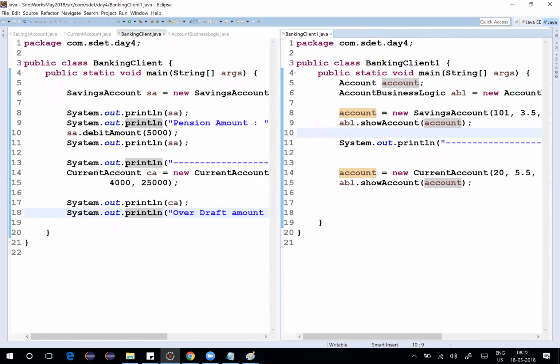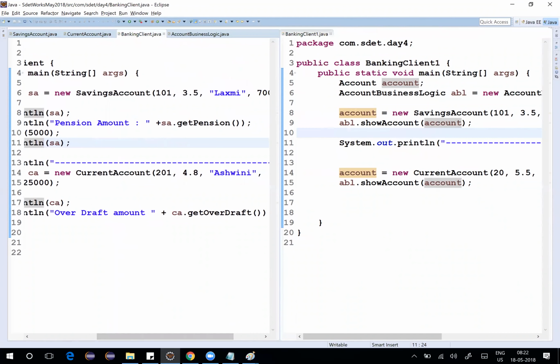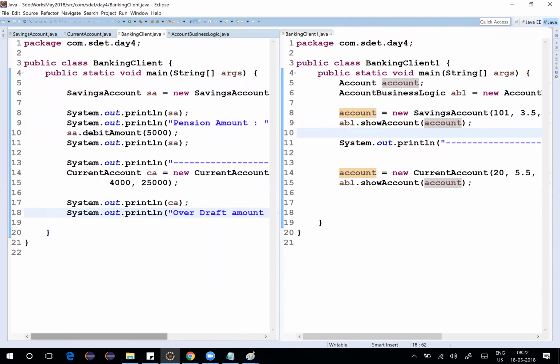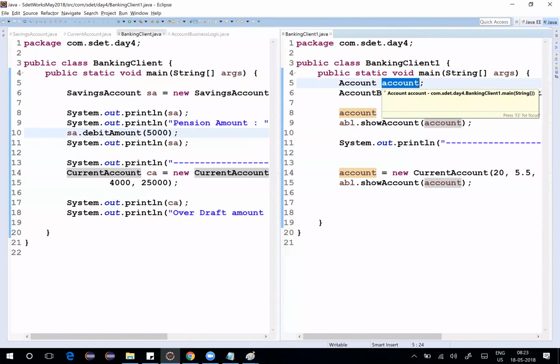So here, look at this. We wanted to get this pension amount. We want to show this overdraft. You don't have the complication at all here. And moreover, every time we are not using savings plan, current account, and so on. If you have millions of different types of child classes, every time you have to hold their own instance and repeatedly do it. Rather, you can hold only one variable. In fact, I'll also show you version 3 now, which will be much more effective. So now if I just click on play,